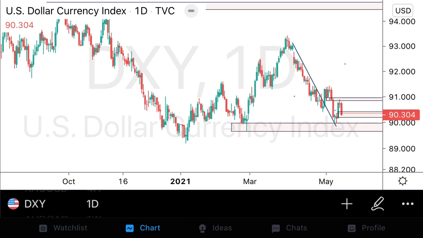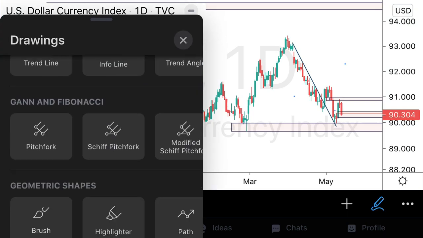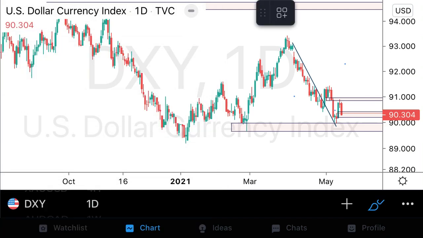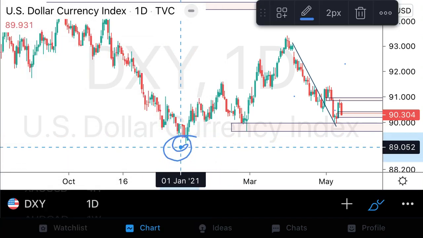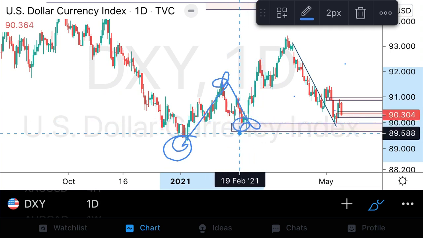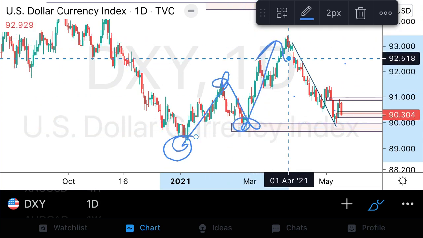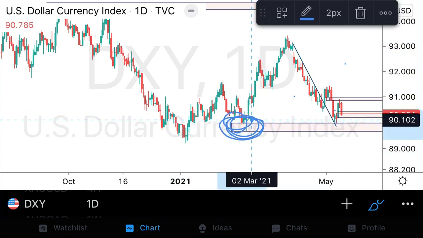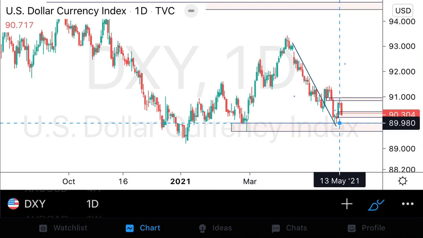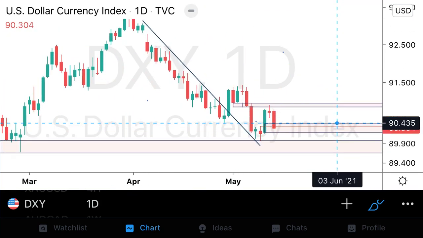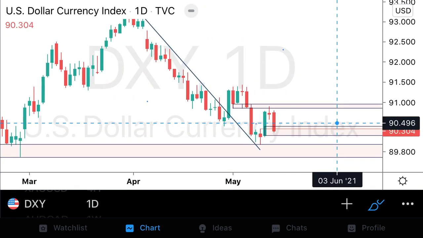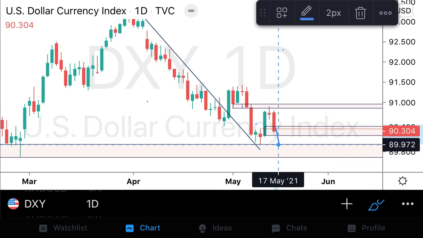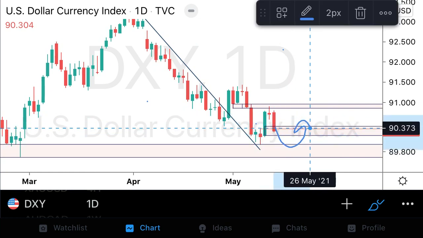On the DXY, we're on the daily chart. On the daily, structure still stands very much intact as it was last week. Lows there, highs there, swing lows here, and then obviously moves to the upside, violating higher structure. So these are the previous support structures that are holding to the upside, and that's what we're going to be looking for prices to maybe tap into over the course of next week for some type of a move